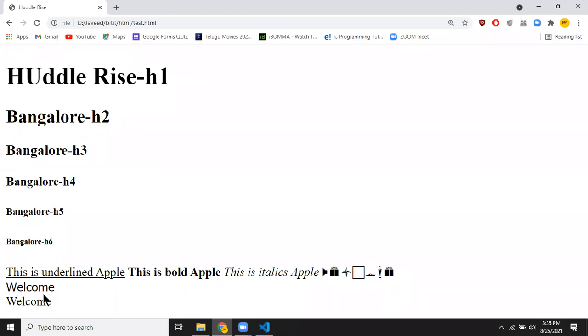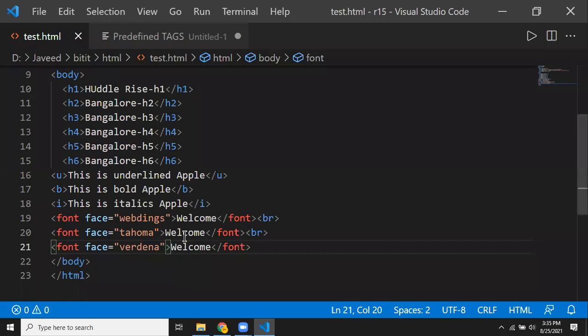Unless there is keen observation, you can see the difference between the style of how welcome is displayed here and here. To avoid that, I'm using a font called Webdings, which gives me a clear differentiation. That's the reason why I've used Webdings.